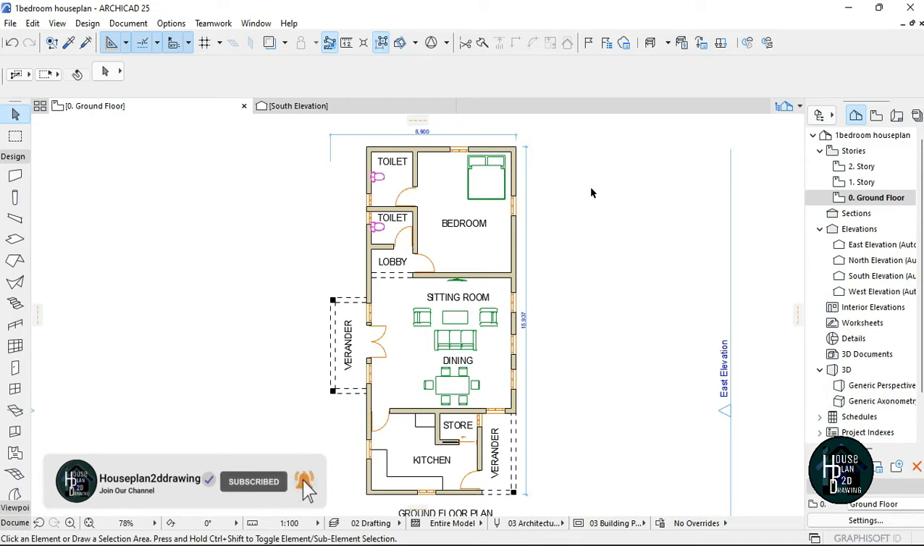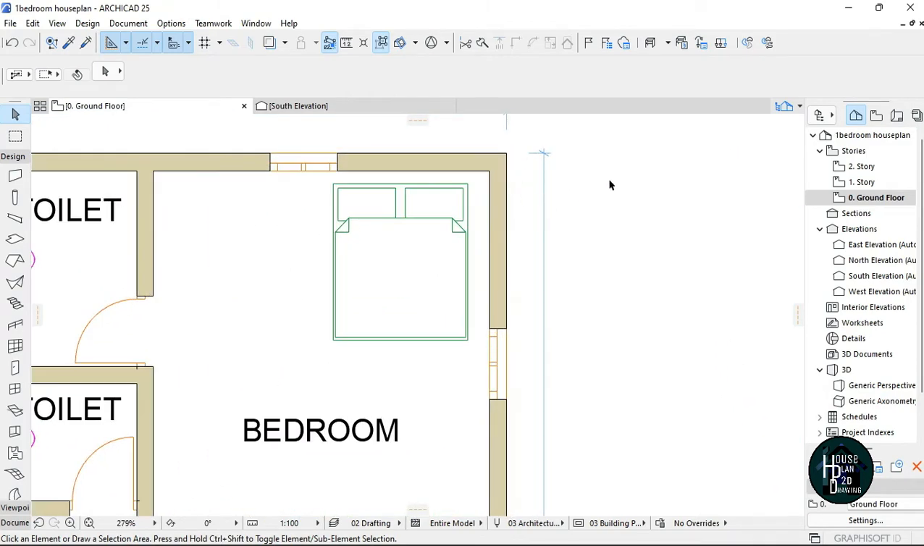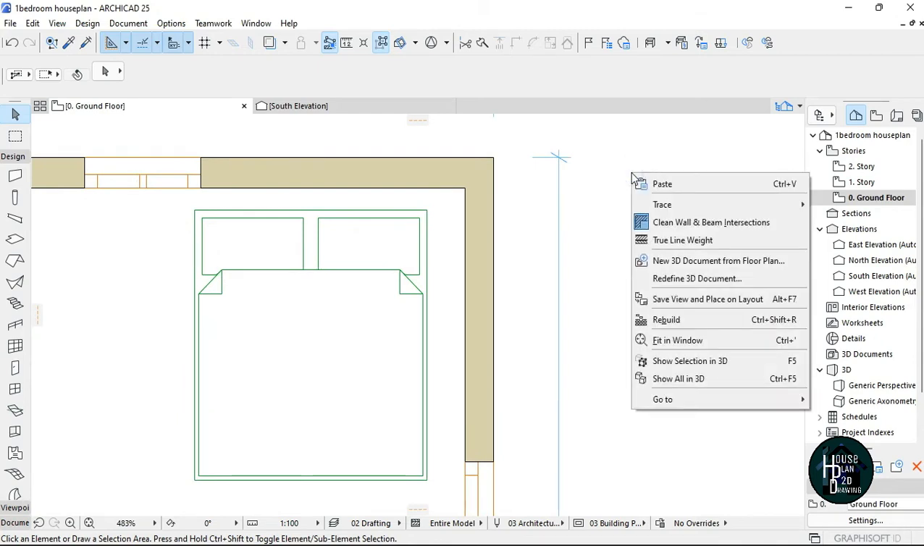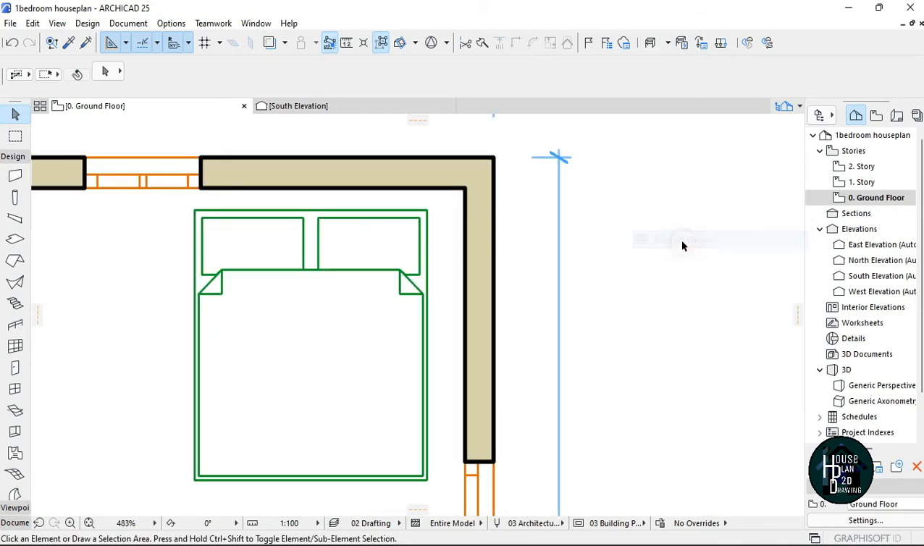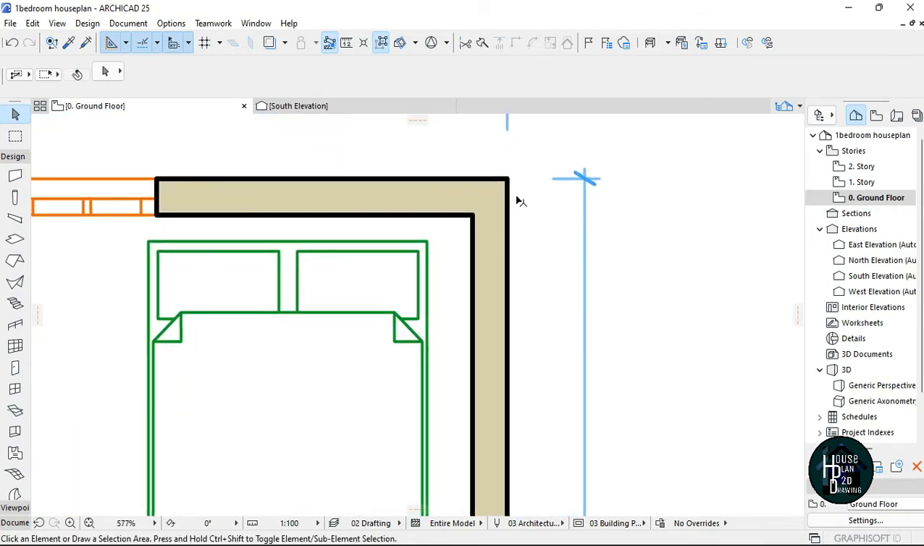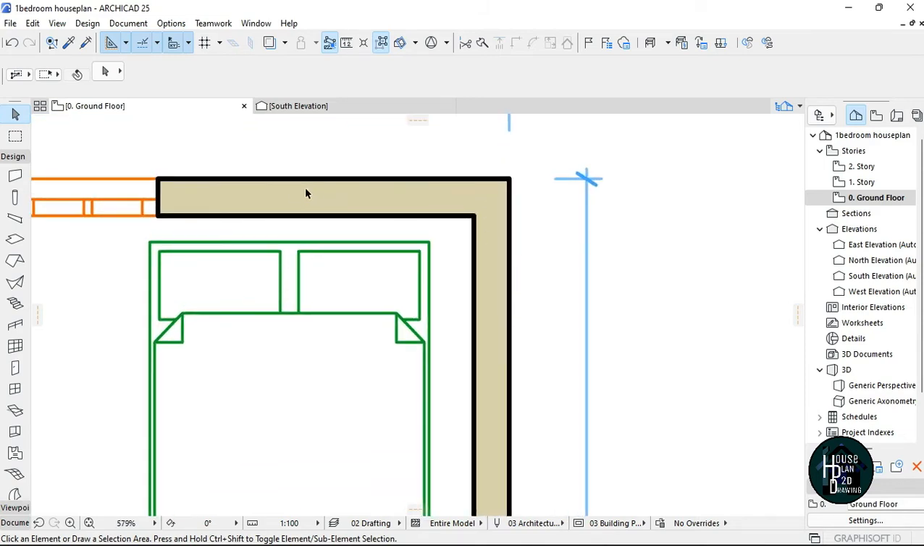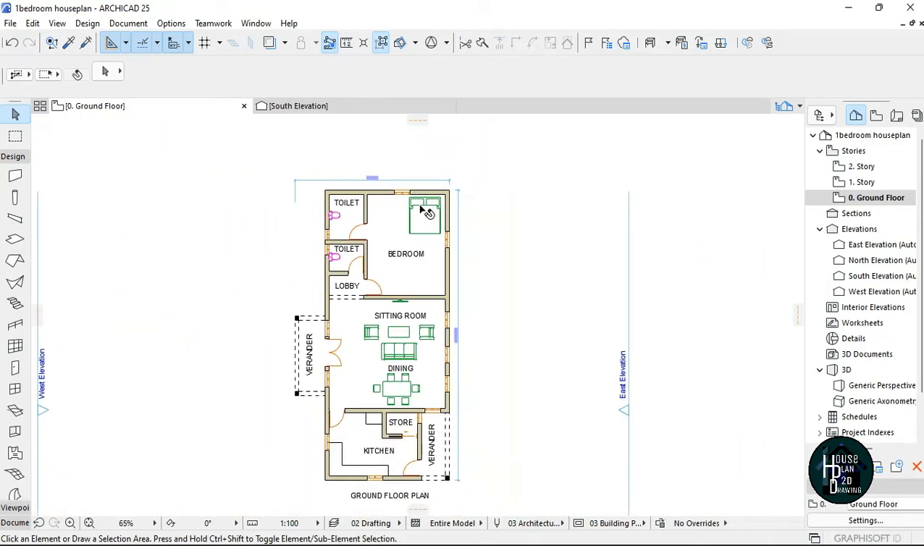I'm going to be teaching you guys today how to increase your line width and also export it outside. So what you want to do now is, I'm going to zoom in here so you guys can see what I'm talking about. You right click and click on True Line Width. As you can see, it automatically thickens this line, but I don't want this colored, so I'm just going to